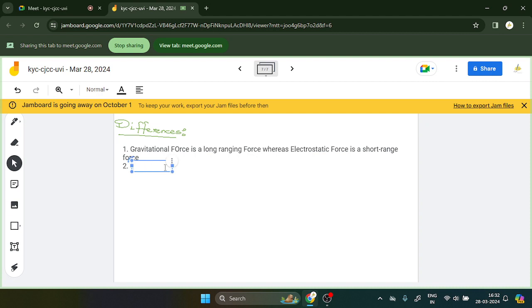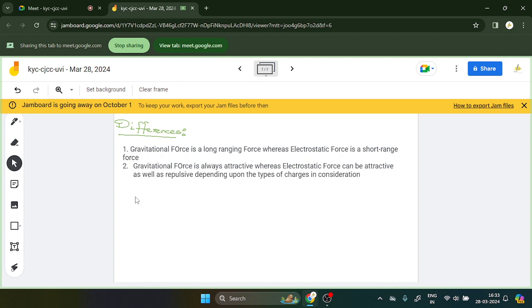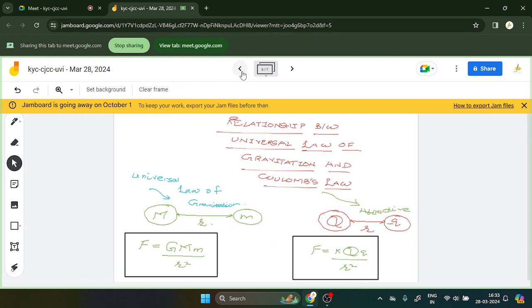So I am writing here. Gravitational force is always attractive, whereas electrostatic force can be attractive as well as repulsive, depending upon the types of charges in consideration. Clear? Any problem so far? No. Now